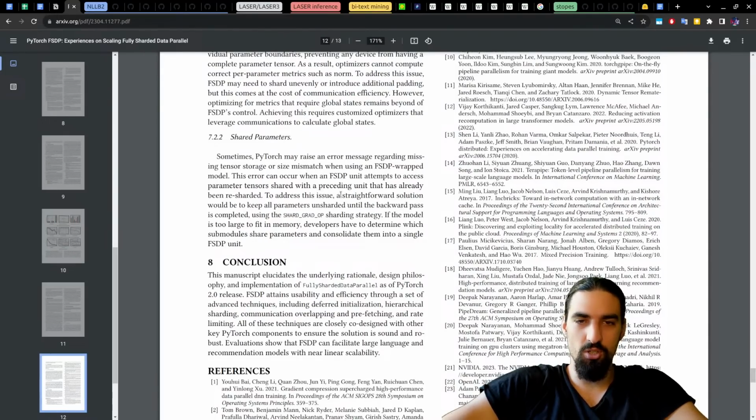To address this issue, a straightforward solution would be to keep all parameters unsharded until the backward pass is completed using the Autograd unsharding strategy. If the model is too large to fit in memory, developers have to determine which submodules share parameters and consolidate them into a single FSDP unit.